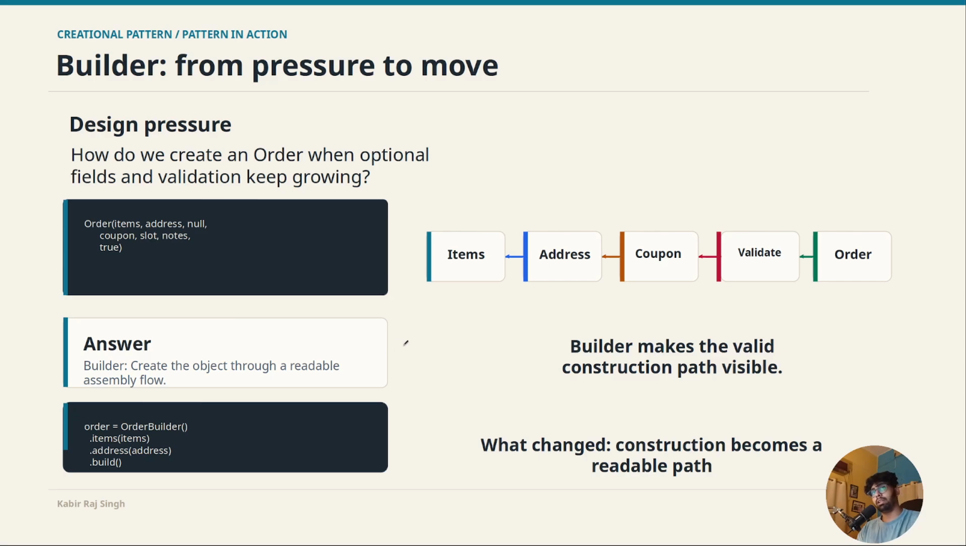So let's move on to the next pattern, which is the builder pattern. This is useful when you want to construct an object that has become a workflow. An object is rarely just two or three specific fields. It has extra fields, obviously, like items, address, coupon, delivery slot, notes, for example in an order. So if you start making the constructor with these arguments, argument one, two, three, and then you keep on adding four, five, six, and maybe some of them are optional as well,